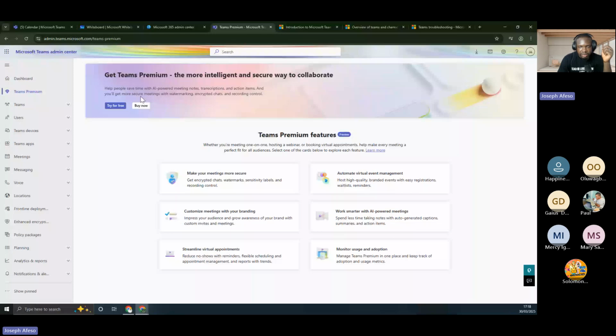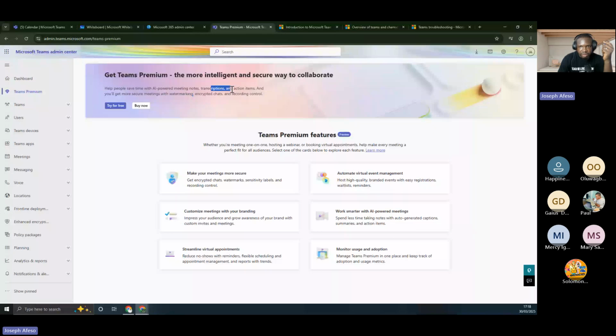So if you want watermarks on your meetings, you need a Teams Premium license, as well as encrypted chats if you want the chats in the meeting to be encrypted, and then recording controls. But for the AI meeting notes and transcription, Copilot can take care of that for you.